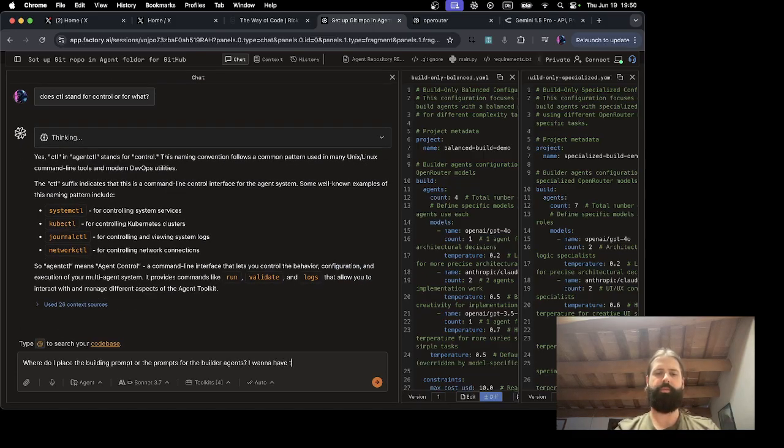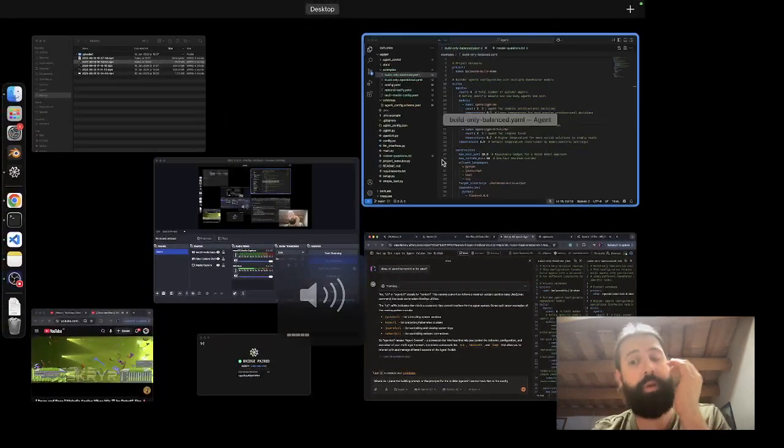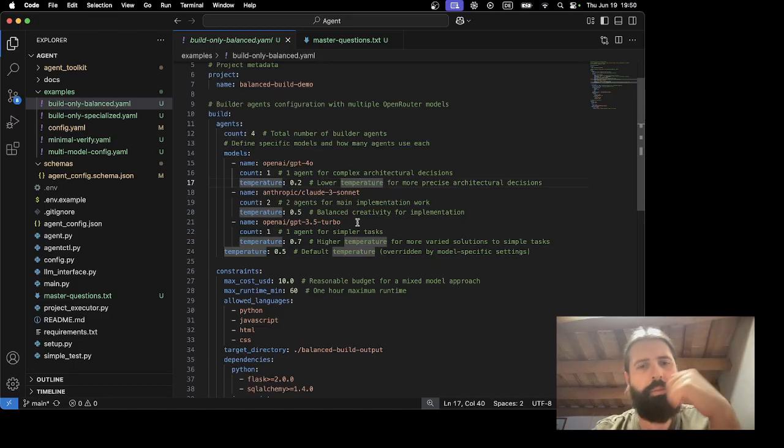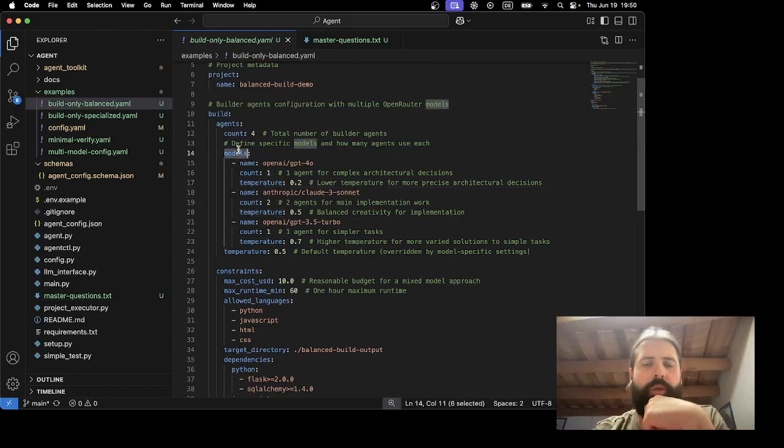I want to have that in the config, because now we're not even telling them what we want them for. How are they supposed to know? I want to be able to give the building models goals, like a general team goal, and then specific model goals.